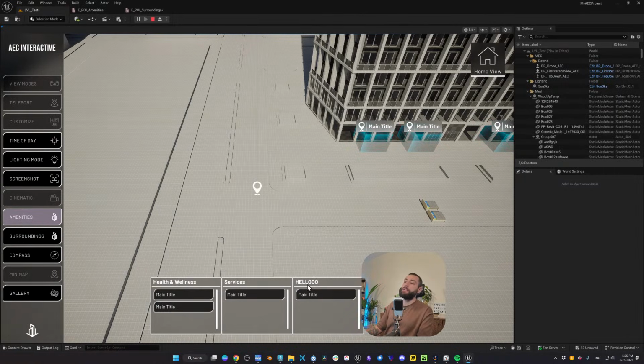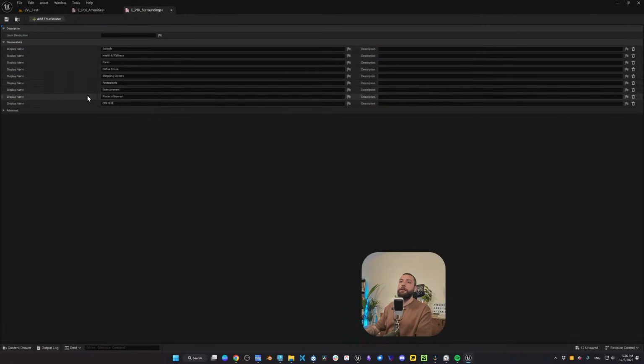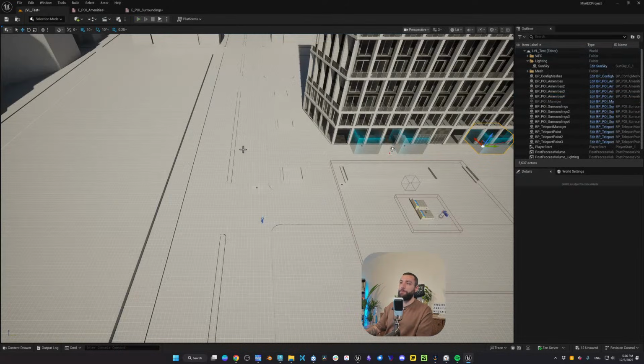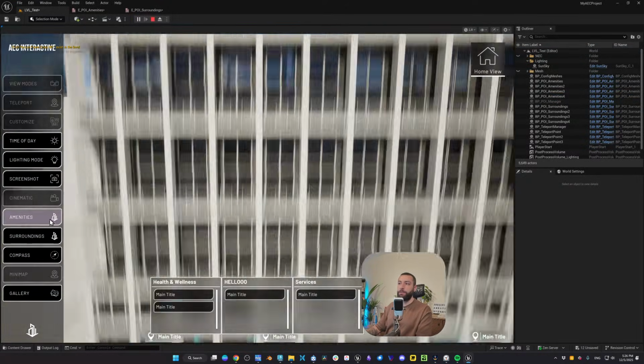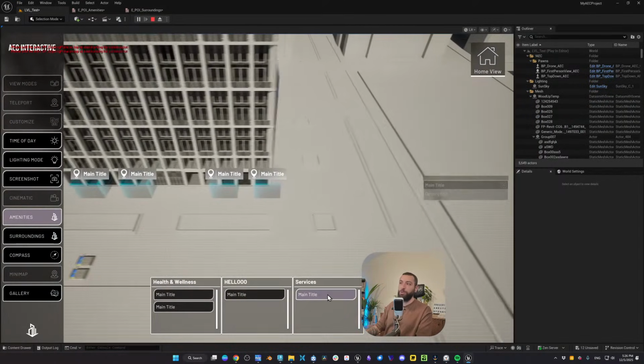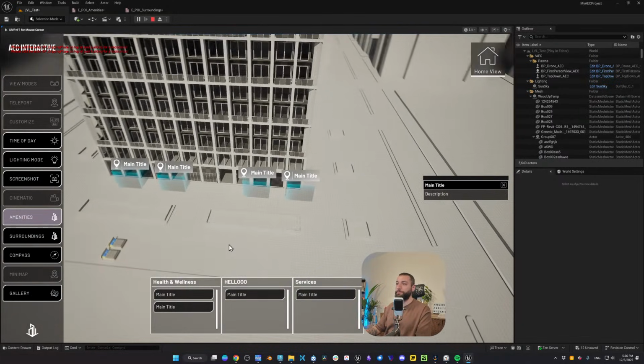Let's say for any reason you want the category hello to be at the very first, or after health and wellness, between health and wellness and services, in the middle. All you need to do is click and drag the category. So here we said after health and wellness and before services. So click on the list we've created and add it after health and wellness. So now if I click on play and click on my amenities, notice this is now in the middle. That's it. Very easy to set up. It took some time on my end, but on your end it's very easy.